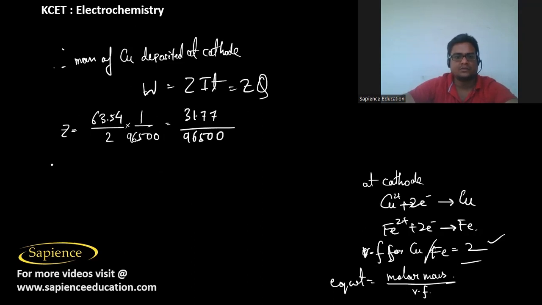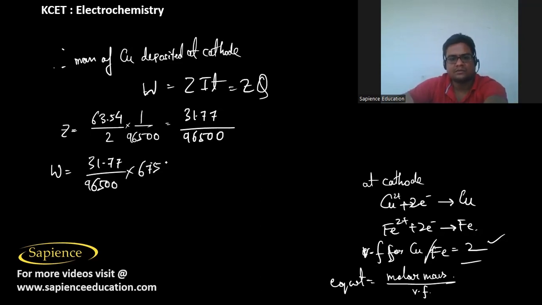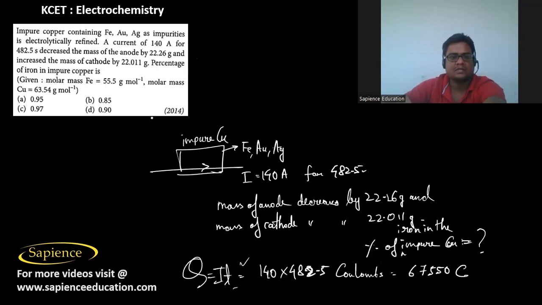So Z into Q. So the weight of copper that will be deposited at the cathode will be 31.77 divided by 96500 into 67550, and that will be equal to 22.239 gram. But here it is told that the mass of copper, that is the mass increase in the cathode,